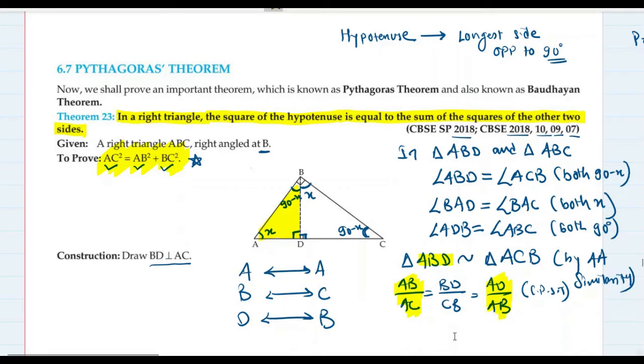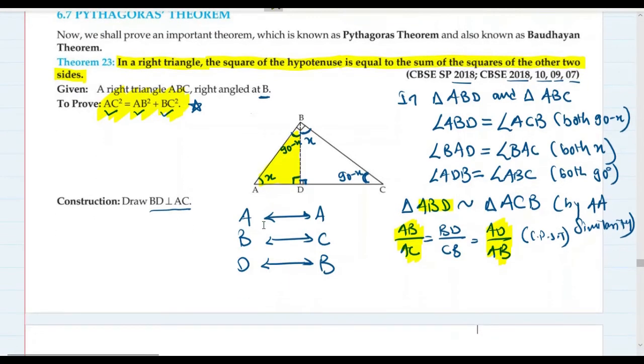And what is the reason behind this selection? Let me tell you that as well. See, if you take these two ratios, that is AB by AC is equal to AD by AB, and if you cross multiply, what do you get? You get AB square is equal to AC into AD. Do we have AB square in the statement which we have to prove? Yes, we have, right? So we got the value of AB square here.